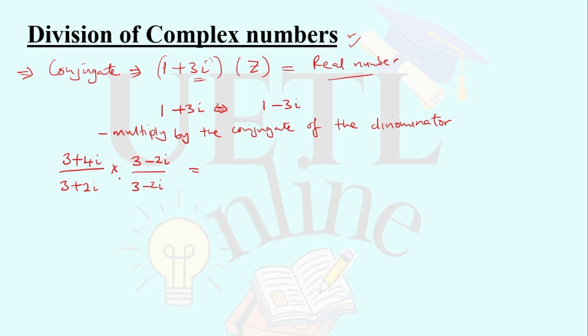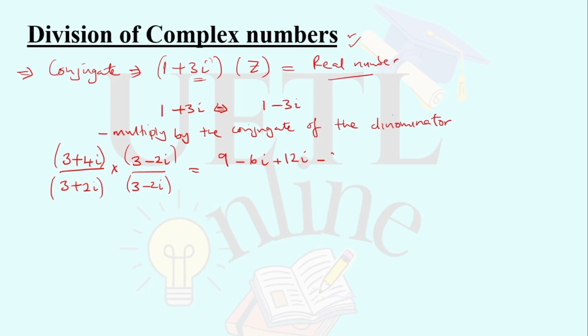Now let's solve it. I remember I taught you how to multiply. So now we just have to apply the multiplication. I'm going to do it fast here. You can multiply the long way, but I'm going to do it fast. So it becomes 3 times 3, it becomes 9. Then 3 times minus 2i, it becomes minus 6i. Then 4i times 3, it becomes plus 12i. Then 4i times minus 2i, it becomes